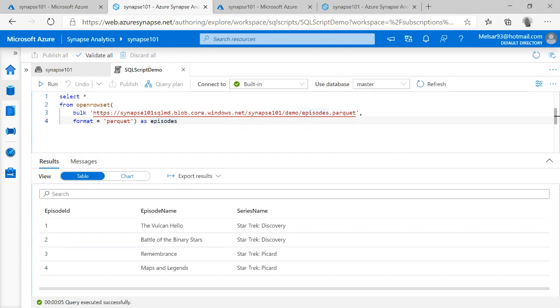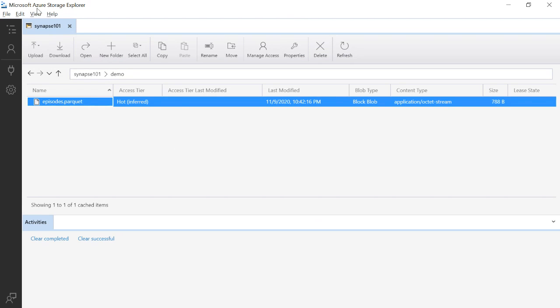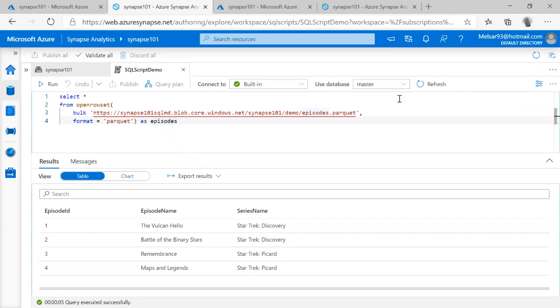And this tool I just flipped over to is Azure Storage Explorer, and this basically shows my blob storage container in my data lake, and I've got a folder called demo, and I've got a Parquet file called episodes. Parquet file is just a column store file format that's sort of become the de facto default for Spark, and because a lot of this under the hood is using Spark, that's what I'm using for my SQL